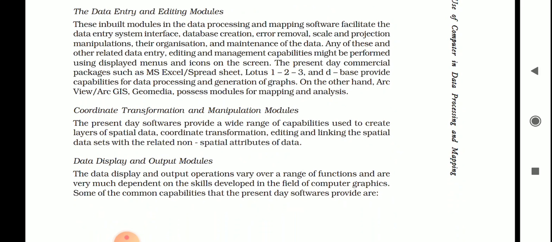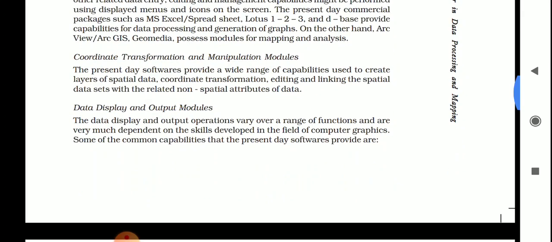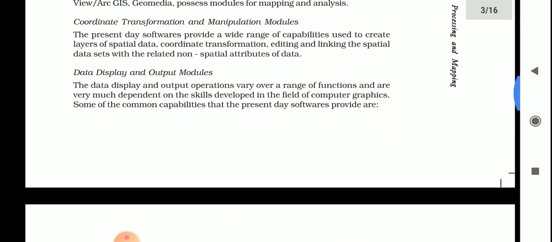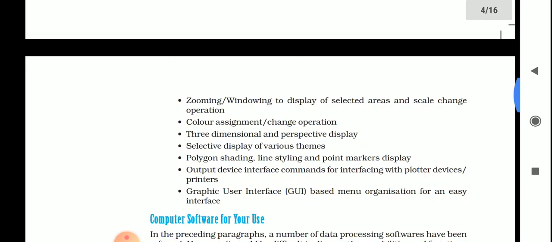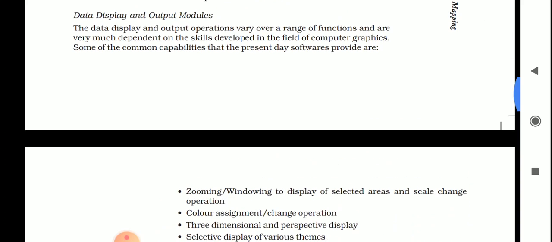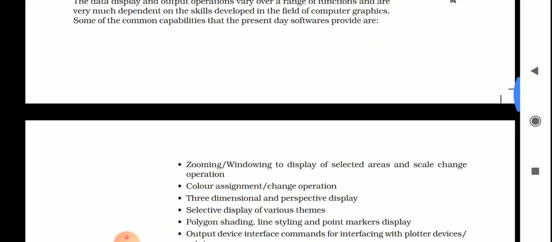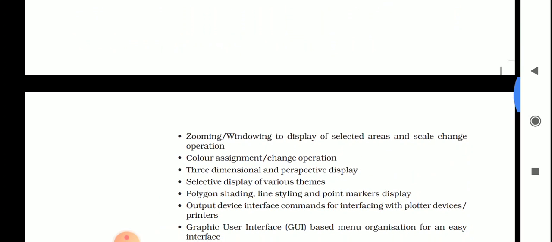So what is this here? Data display and output operations vary over a range of functions and are very much dependent on the skills developed in the field of computer graphics. Some of the common capabilities that the present day software provides. Students, there are some present day software capabilities, like zooming, windowing to display selected areas and scale changes operation, color assignments, change operations.